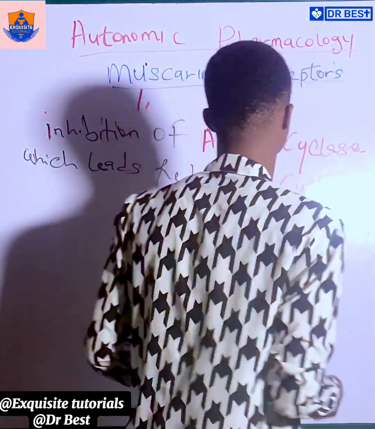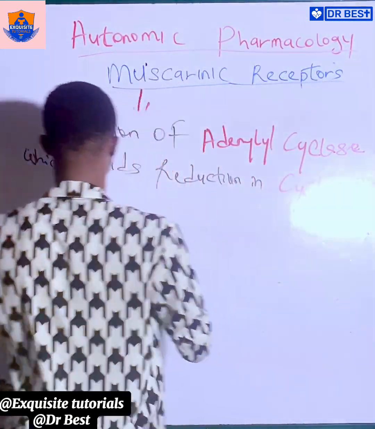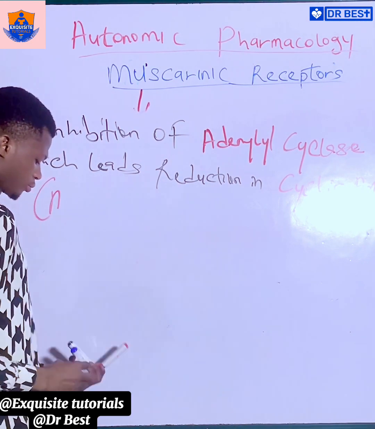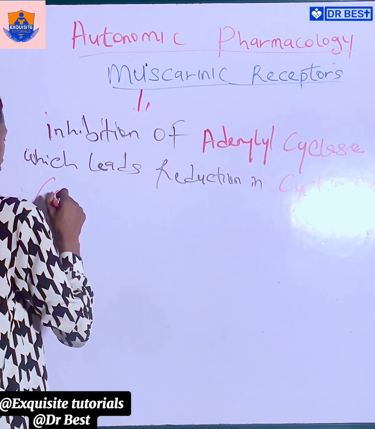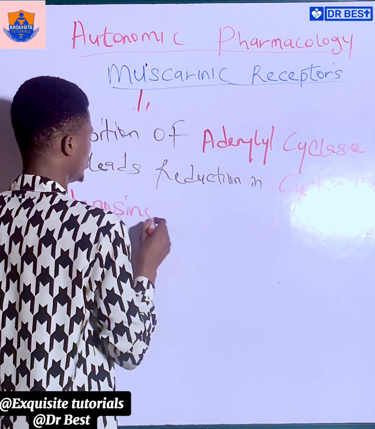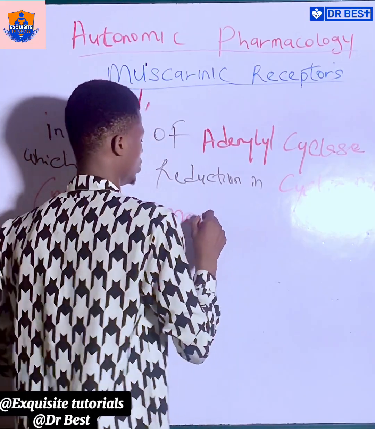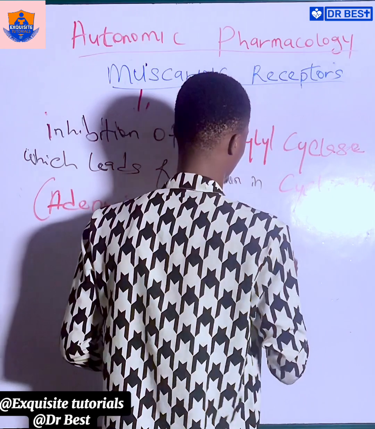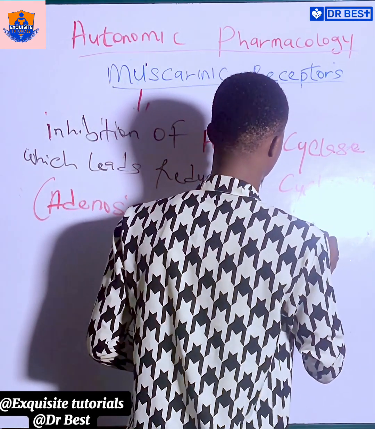Now, what is cyclic AMP? Cyclic AMP means cyclic adenosine monophosphate,